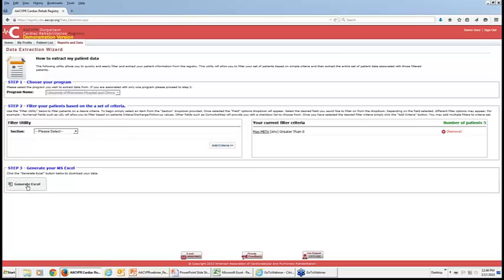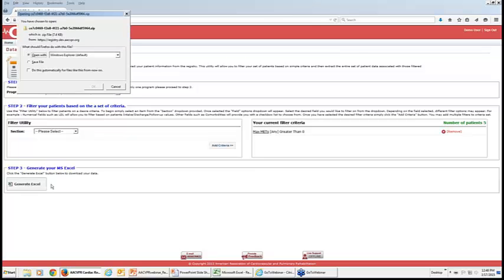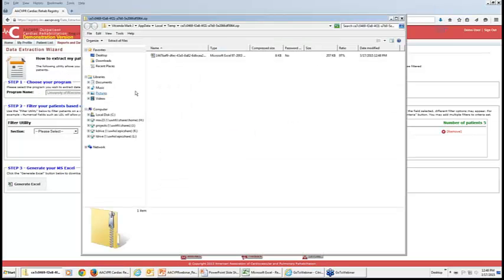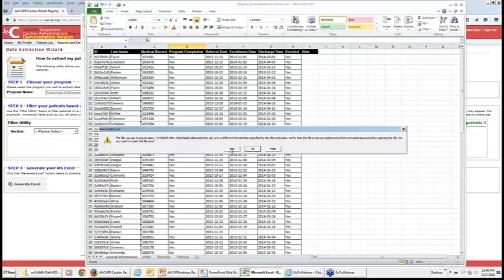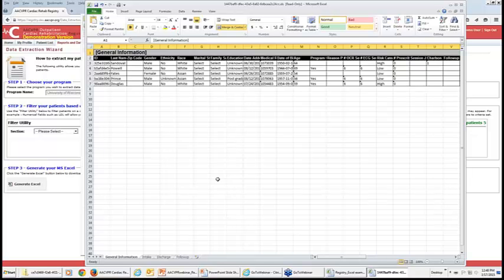All right, so let's generate the Excel spreadsheet. We'll just go to step 3 here. Now here, the prompts that you get next are going to be dependent on the browser that you have. So I'm using Firefox, so my prompts might be a little different than if you're using Excel, but generally you just want to open the resulting file that you get. It may ask you if it's a trusted source or safe, and yes, it's a safe source. All right, so this is the Excel file that we got.